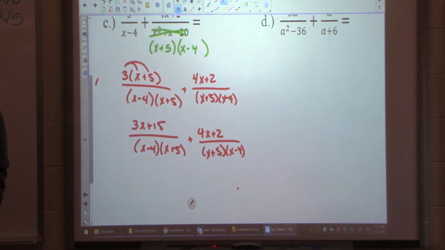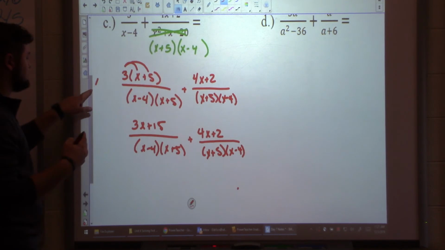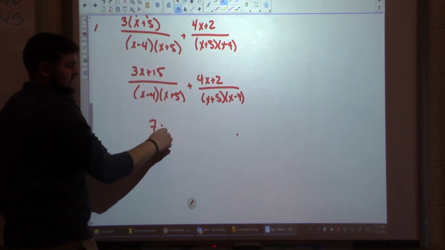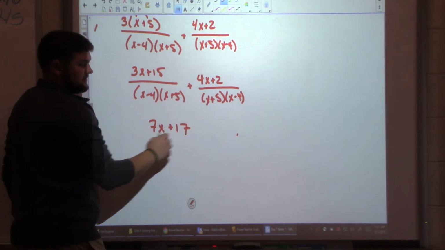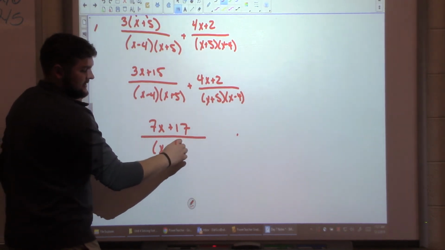You guys, after I distribute, what do I normally do? Look at the problems we just did. After we distributed, we technically simplify, right? We add or we subtract. Add your like terms, subtract your like terms. 3x plus 4x gives me 7x. 15 plus 2 gives me 17, over that common denominator,